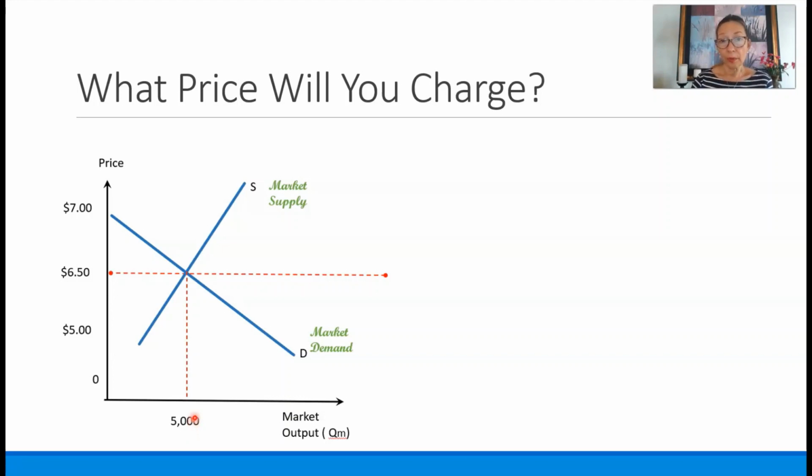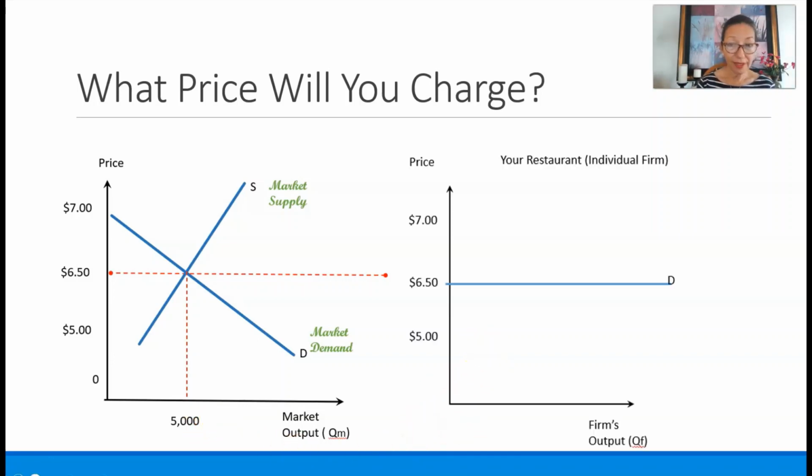So if you decide to open up a restaurant, what price do you have to charge for your enchiladas? Can you go out there and charge $12 for the same enchiladas that somebody else is selling for $6.50? Well, probably you can charge whatever you want, but you're probably not going to sell it. If you are going to start your own restaurant business, you're going to have to charge what the market price is. So if all buyers and sellers agree that $6.50 is the price, well, guess what? Your restaurant is going to have to charge